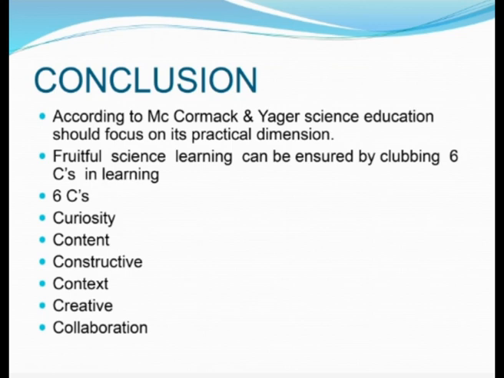recognized and effective framework for enhancing scientific literacy among secondary school students, and it should focus on its practical dimension. Fruitful science learning can be ensured by combining 6 Cs in learning: curiosity, content, constructive, context, creative, collaboration. The taxonomy's effectiveness in developing